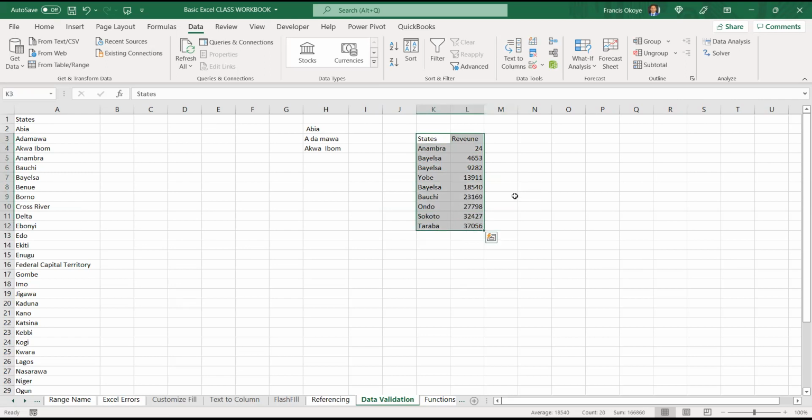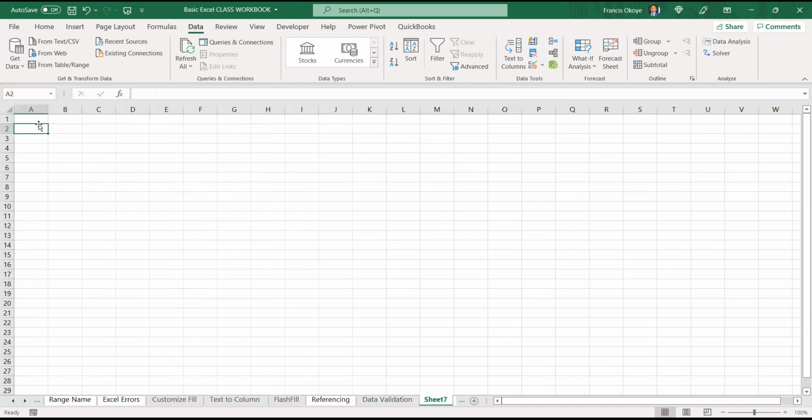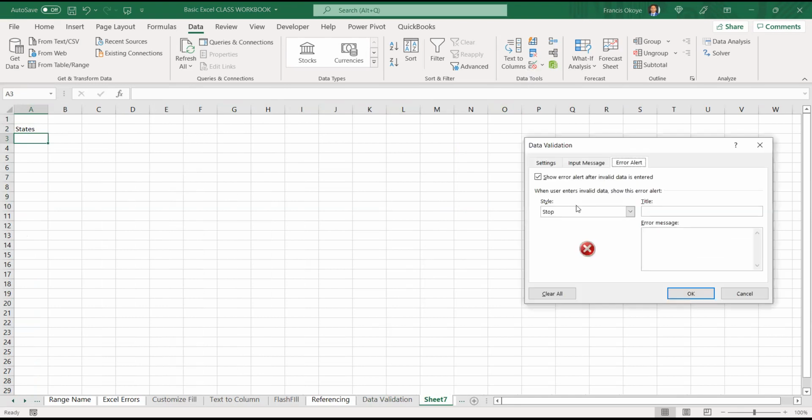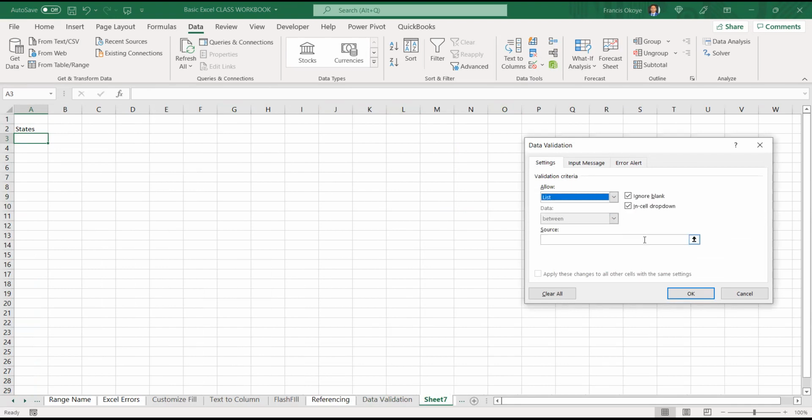So that means we cannot do data validation without first having configured the state. So for example, you can do it on that sheet. Let me do data validation on that sheet. Let me see states. If I click data validation, list, source.